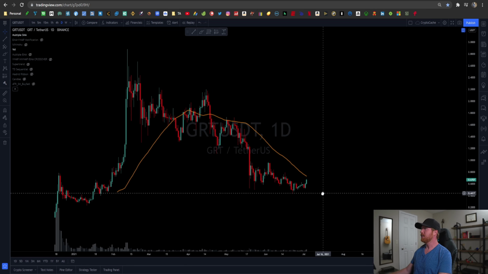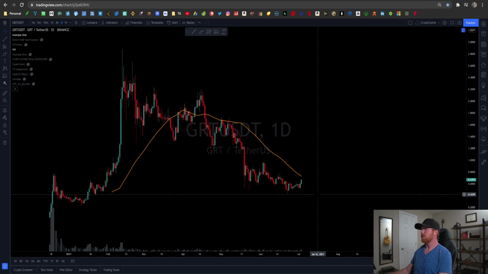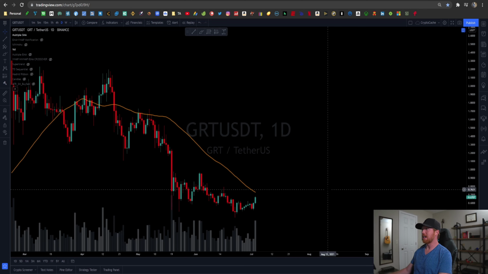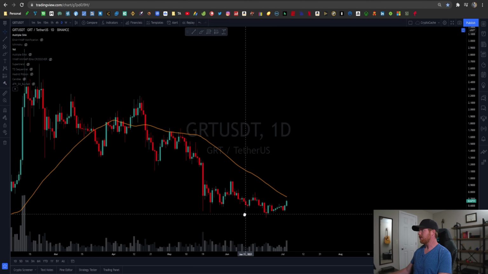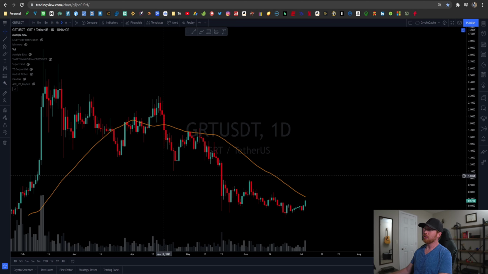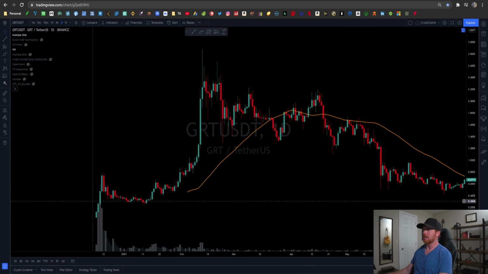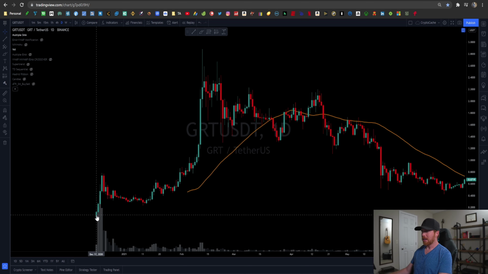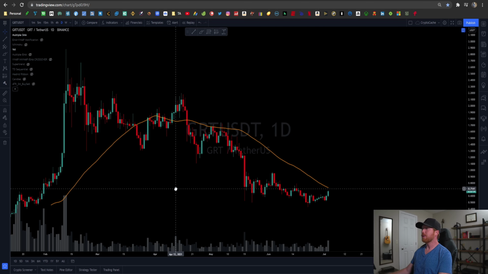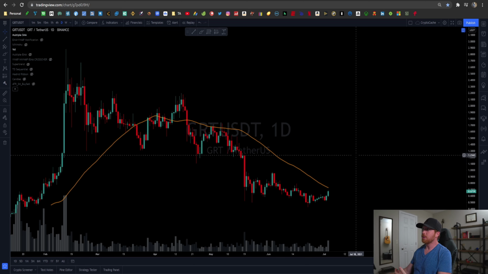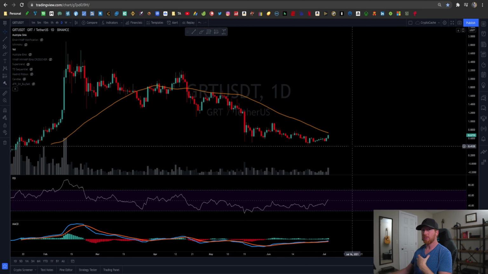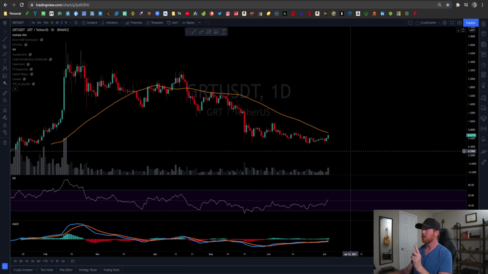But the bottom line here is that on the one-day chart, we are seeing the price is still under the 50-day moving average. Now, bear in mind, we don't have the 200 on this chart just because this is the Binance chart and they have been following it a lot less. It was introduced to Binance back in December, but it's been around a lot longer. But needless to say, we don't really need the 200 on the one-day chart personally, because I think it's more effective on the 4-hour. We'll look at that next.